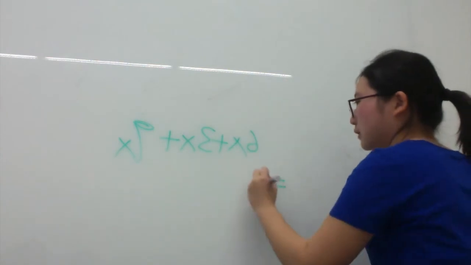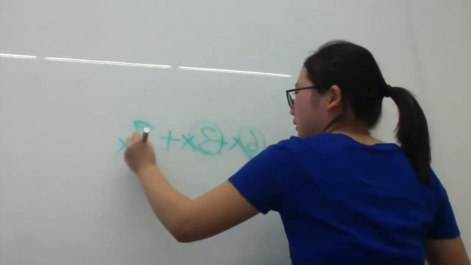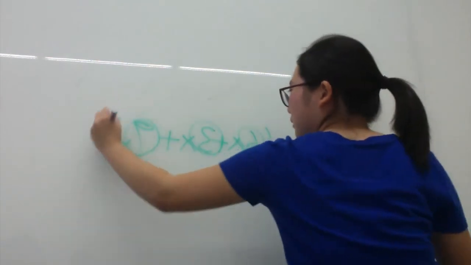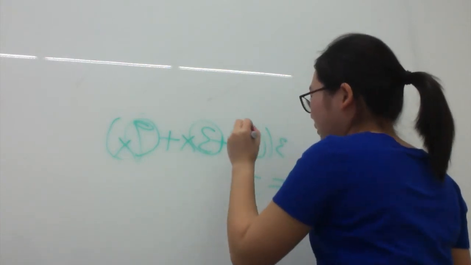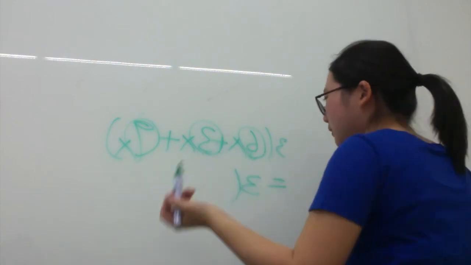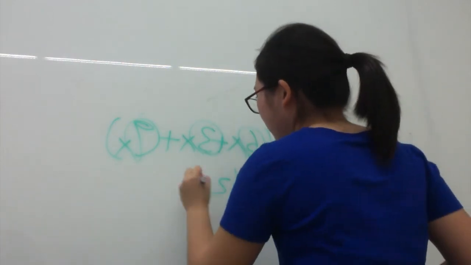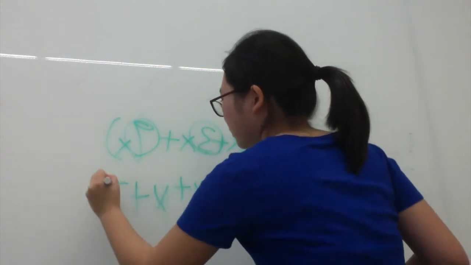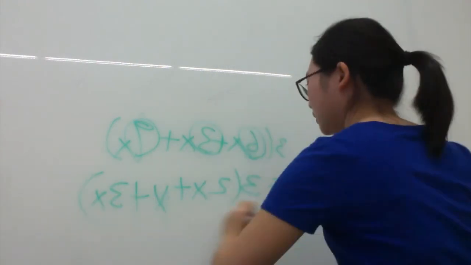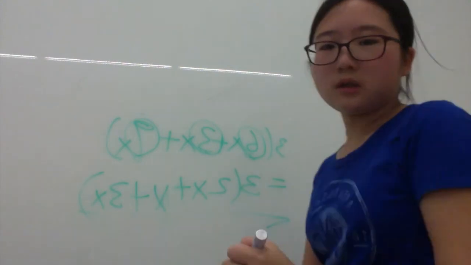So the greatest common factor is 3. So you can write 3 and then 6 divided by 3 equals 2x plus 3x divided by 3 equals 3x. Really easy. Okay. The next one is